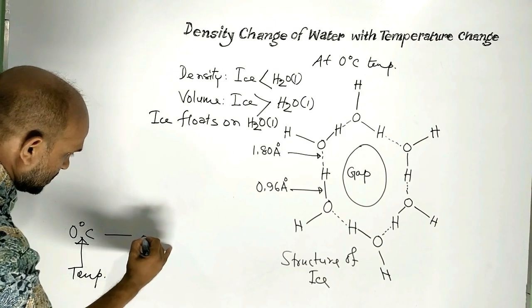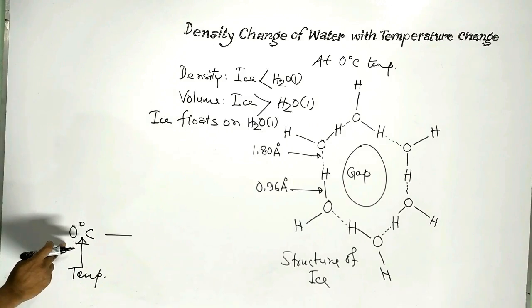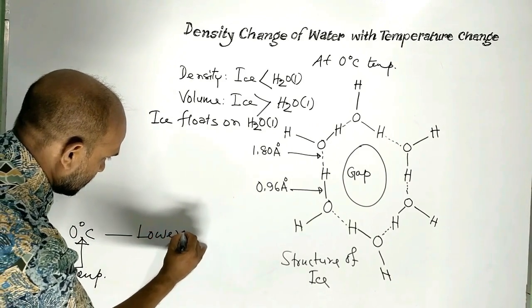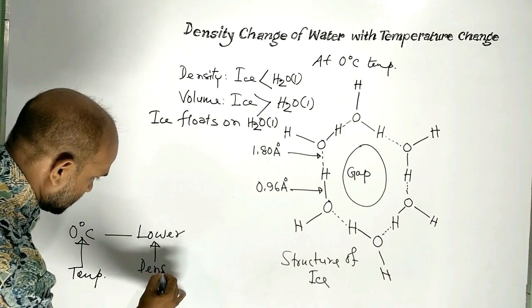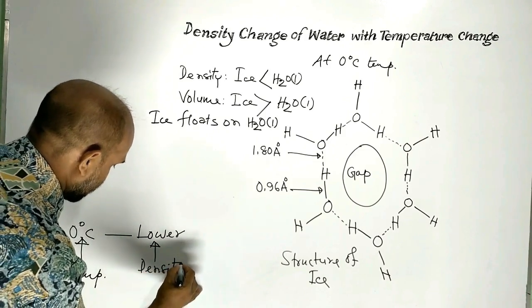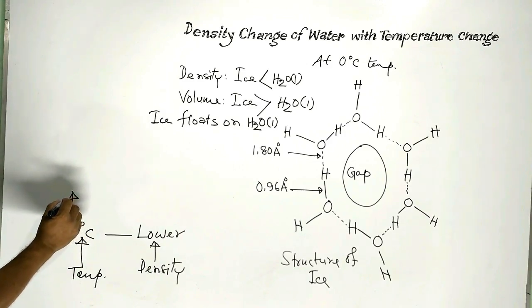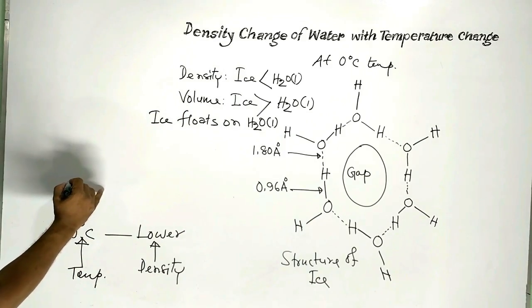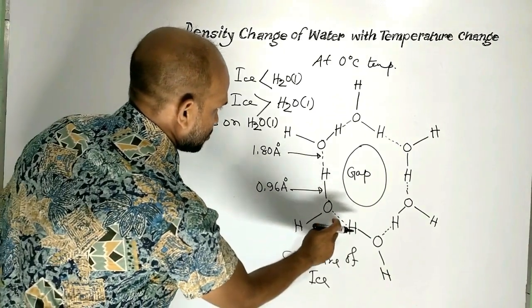Now density of ice at 0 degrees Celsius temperature is lower, but when temperature increases, ice starts to melt. Suppose at 0 degrees Celsius temperature, hydrogen bonds